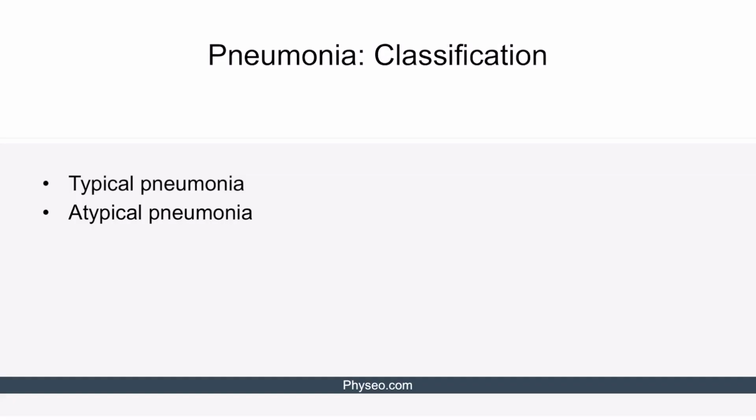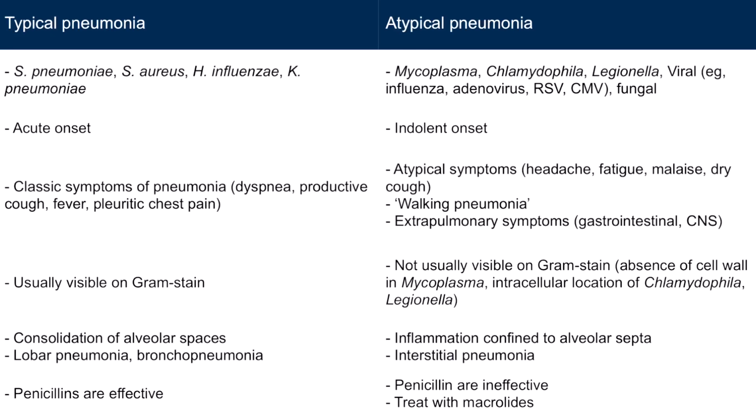Another popular classification of pneumonia is by dividing it into typical and atypical pneumonia. These differ in terms of their clinical presentation and causative organisms. So here's a table showing differences between atypical and typical pneumonia. Typical pneumonia is caused by typical bacterial pathogens, most commonly Streptococcus pneumoniae, Staphylococcus aureus, Haemophilus influenzae, and Klebsiella pneumoniae. It presents with an acute onset of classic pulmonary symptoms of pneumonia that include dyspnea, productive cough, fever, and pleuritic